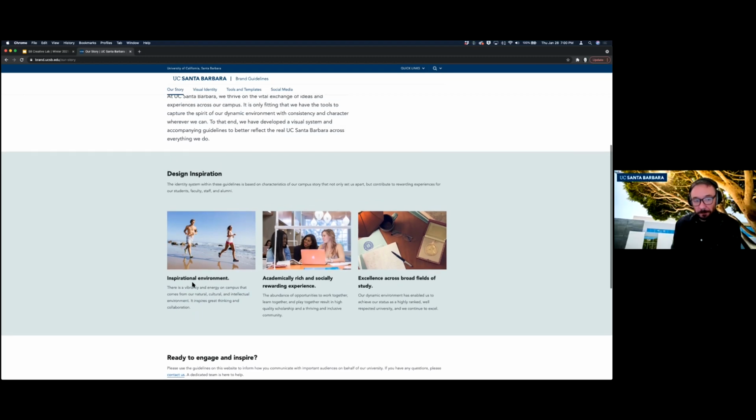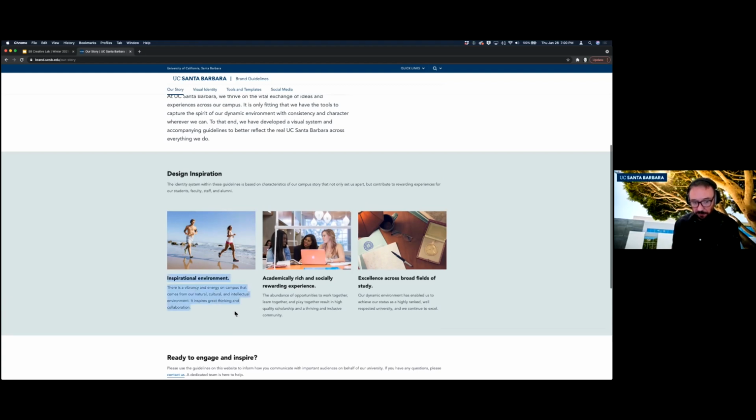And so these are the brand pillars that we discovered through this whole process of, like I said, 2 years plus of interviewing as many people as we could on campus and really getting to know what people on this campus and what prospective students, parents, and all these different constituencies think of the university.